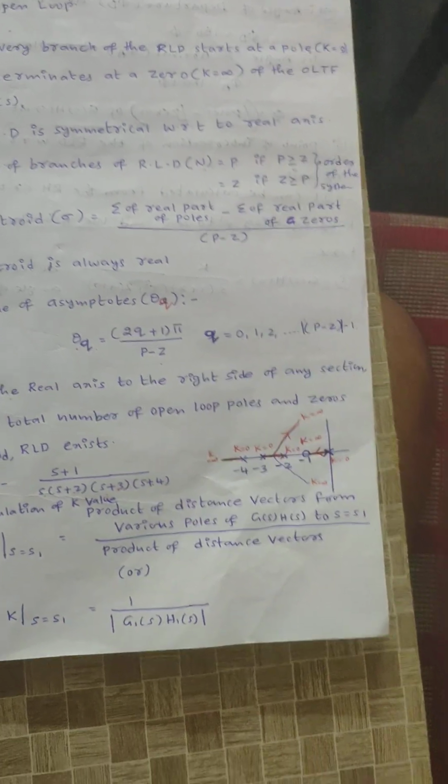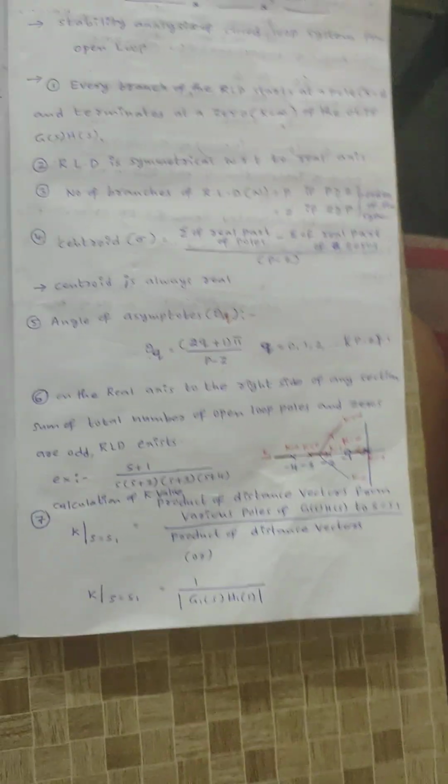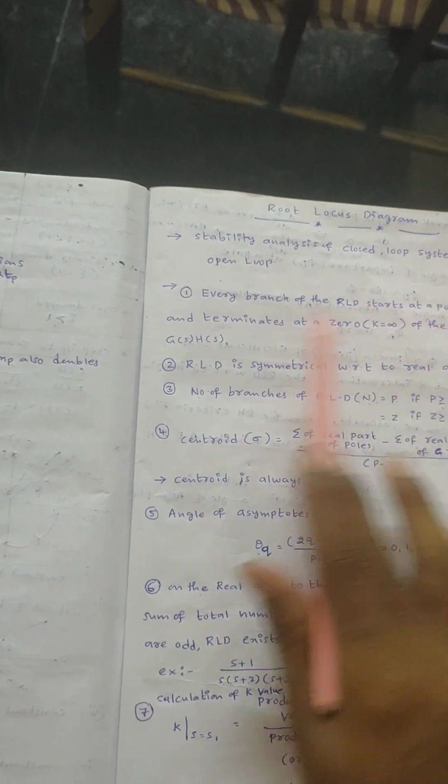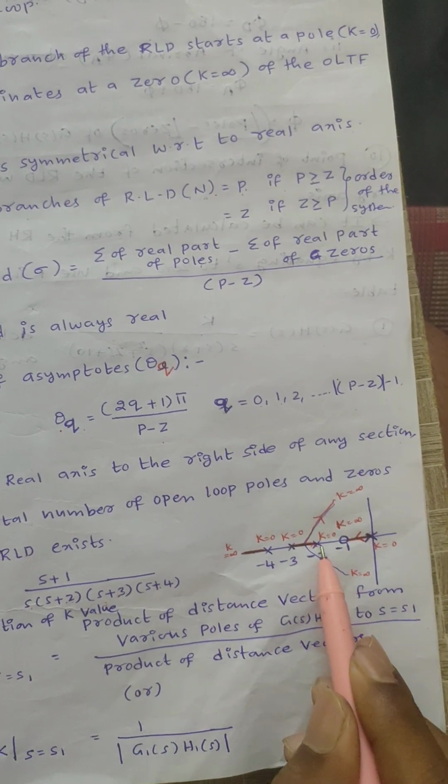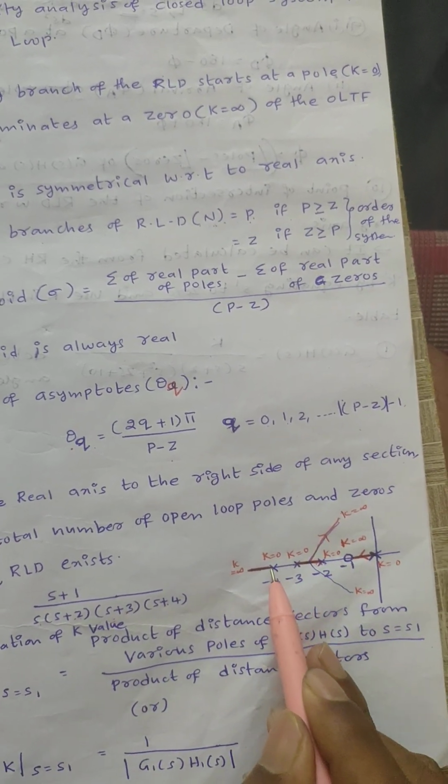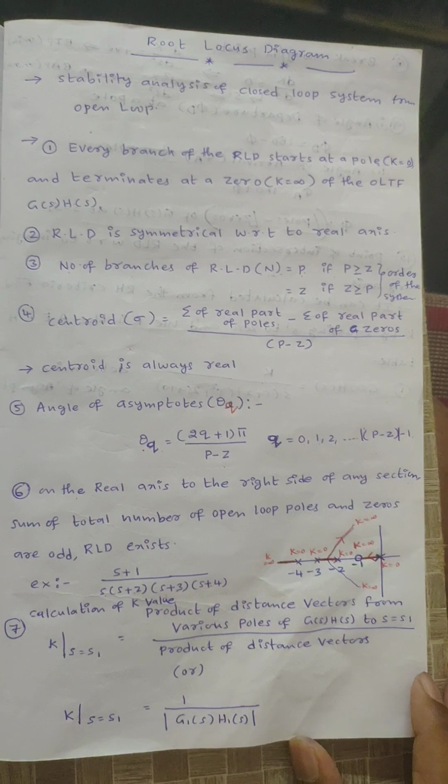In this way, we can construct the RLD. If you solve another problem, then you have a clear idea. In this way we can represent that every branch of the RLD will start from pole to zero, right? Pole to zero, pole to zero, pole to zero direction. Next,